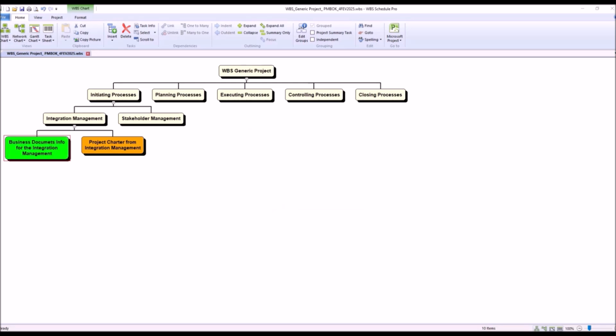Business documents are critical for the development of the project charter because they provide the foundational justification, context, and direction for the project. These documents ensure the project aligns with organizational goals, meets stakeholder expectations, and is viable from a business perspective. The key reasons why business documents are important for project charter development are: